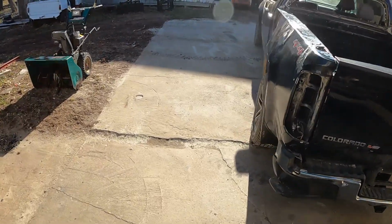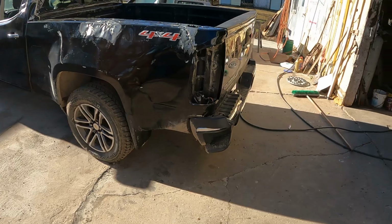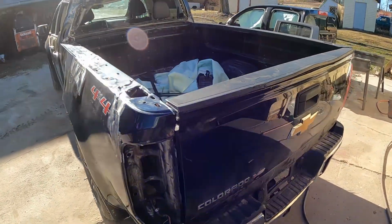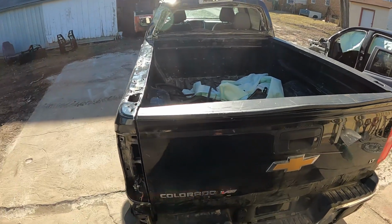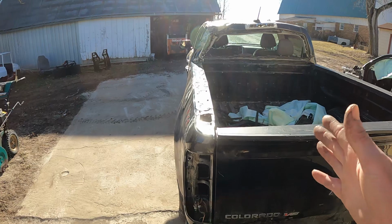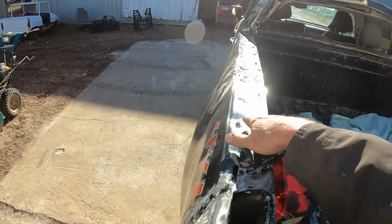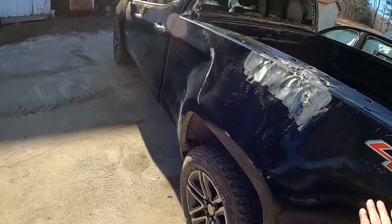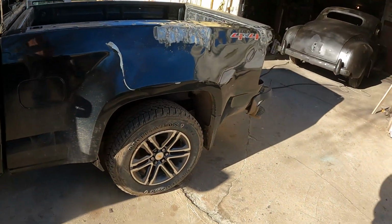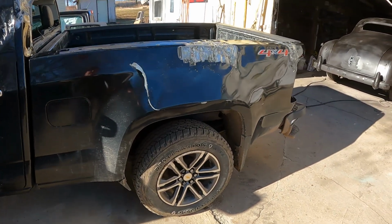But the bumper's all smashed up too. I pulled it out quite a bit, but yeah, the box is all caved in. It was in about 6 inches, and I pulled it out a lot. It was way over here, and I pulled it back, and I think I'll be able to save that there. I'm finding out it's insanely expensive to repair these things, like $2,000 for a used box, and